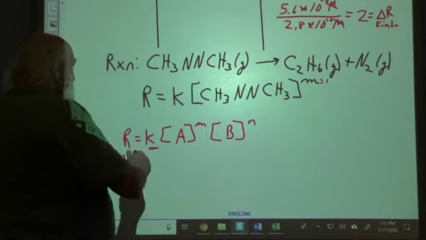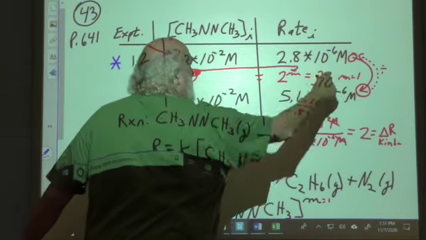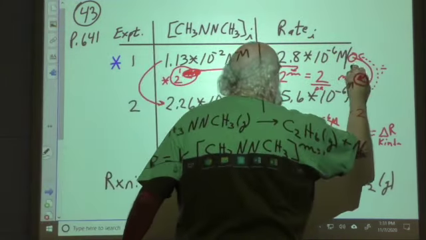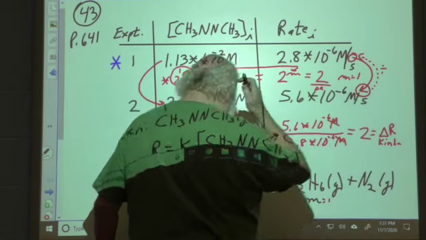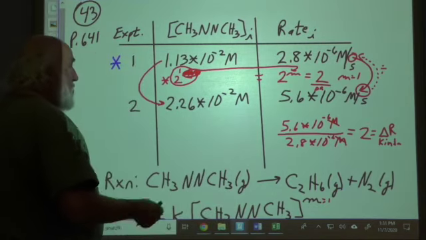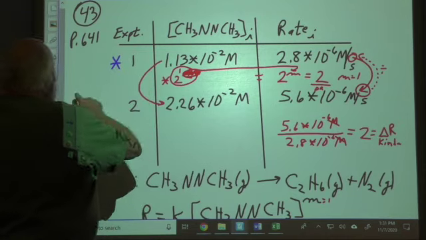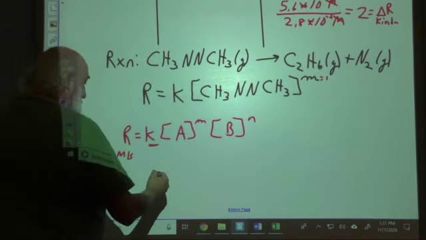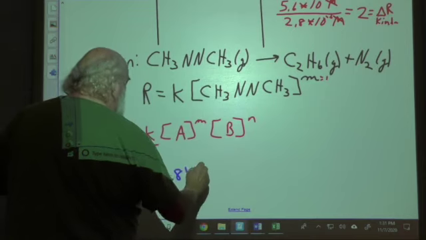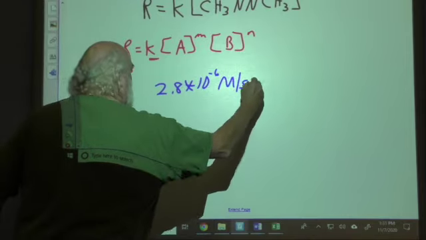So the rate here we said for number 1 is 2.8, and that should be moles per liter per second. Per second. Like that. Okay, because it's a rate. It's not just moles per liter, that's concentration. This is a concentration here. That's the rate, moles per liter per second. 2.8 times 10 to the negative 6. So we have 2.8 times 10 to the negative 6 moles per liter per second is equal to